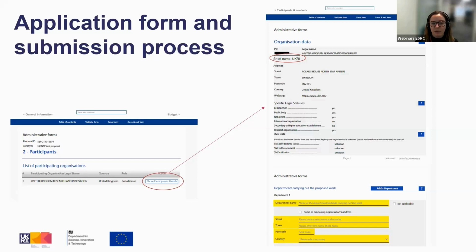So this page also includes the details for the nominated main contact person, which department they're in, and the contact details. You'll be able to see and edit the information for the researchers involved from that organisation as well, and that will include their names, gender, nationality, email, and career stage. You'll also be asked to include the role of the organisation and some key achievements such as the top 5